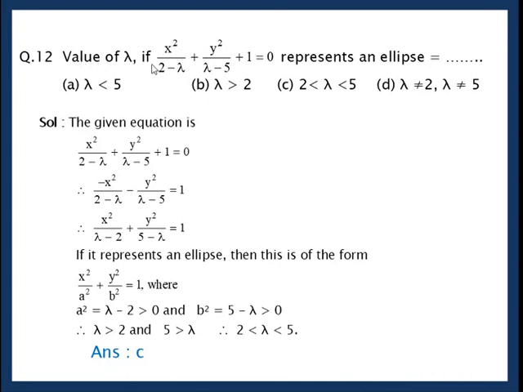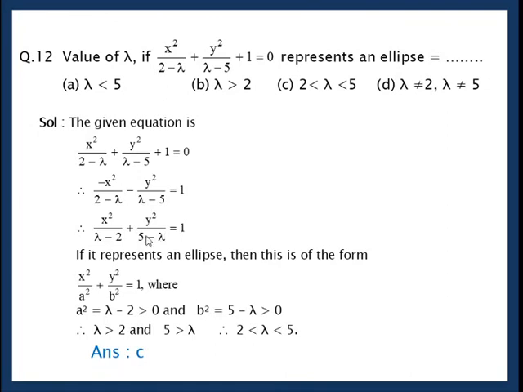Value of lambda if this equation represents an ellipse is. Now this is the given equation. I write this equation in this form. First shift this term to the RHS, so it is -1, multiply throughout by -1, so this becomes +1, so here minus, here minus. Now I write the same as what? x square upon, instead of 2 minus lambda, it is lambda minus 2, plus y square upon 5 minus lambda